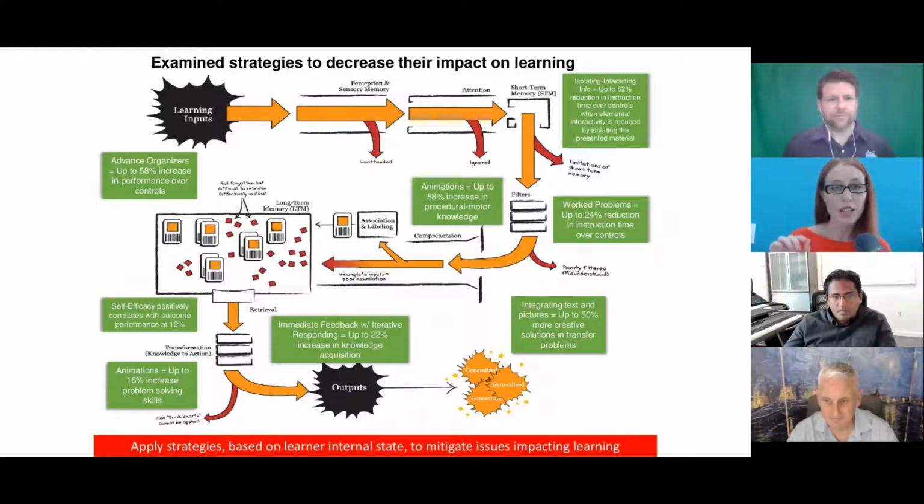And what are the key points? We always talk about inputs, I, O for outputs, and in the middle, we talk about processing, but it's usually a black box. So we watch performance, we watch behaviors, but what we can do with this kind of technology and in the additional sensors we get from physiological sensors is be able to look at this whole pathway that you see here. Every one of those red arrows is where information is lost due to overload, lack of engagement, threat to learning,